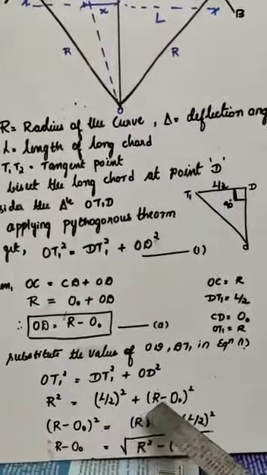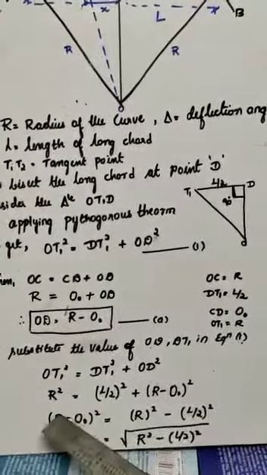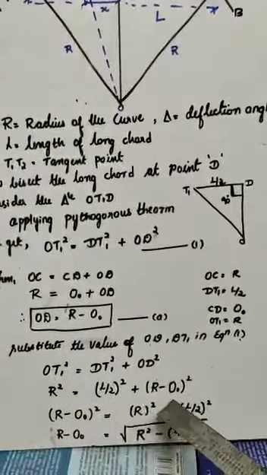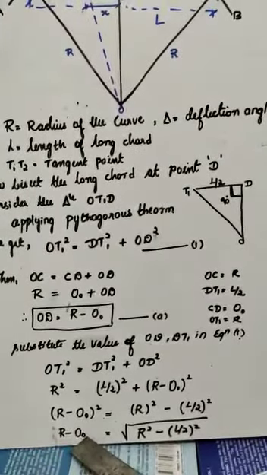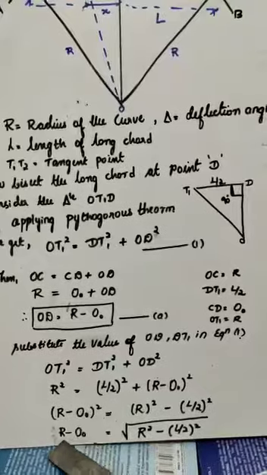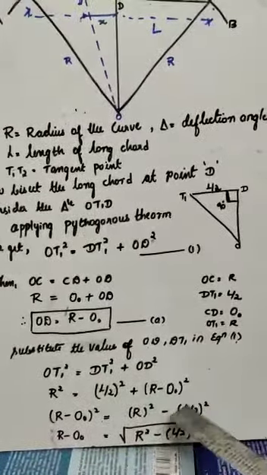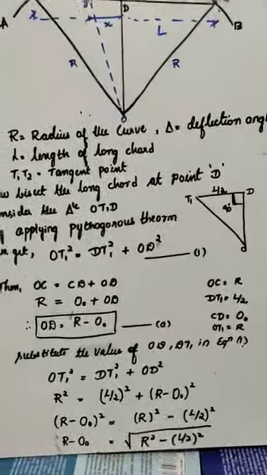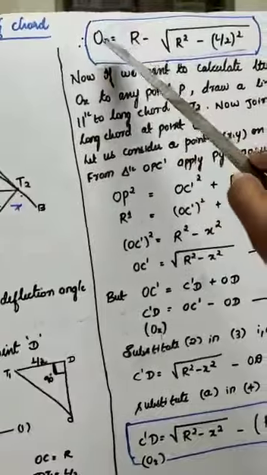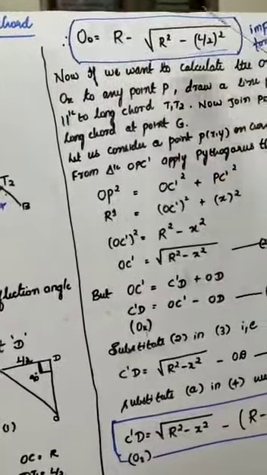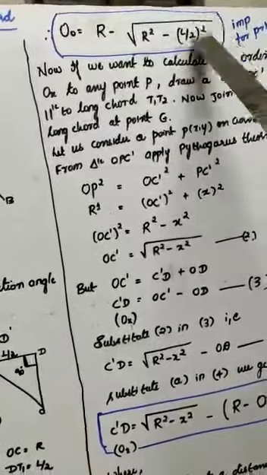You take this R minus O naught the whole square into LHS and the entire part into RHS. So finally you want to find out here O naught, that is the ordinate at the base 0. So you take this square, and when the square goes to this side, it becomes a square root. So finally you will get the O naught value as R minus square root of R square minus L by 2 the whole square. And this is very important for the problems.